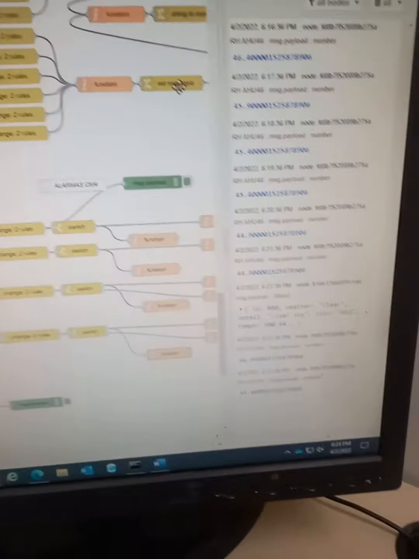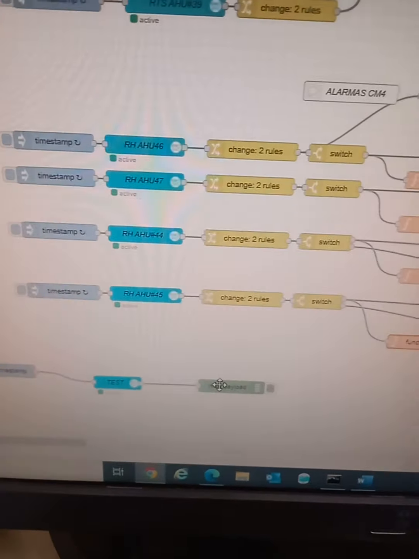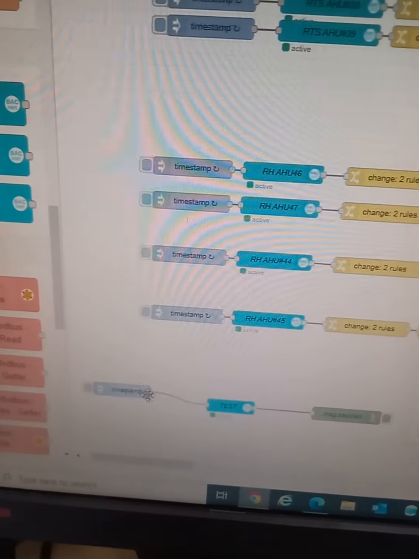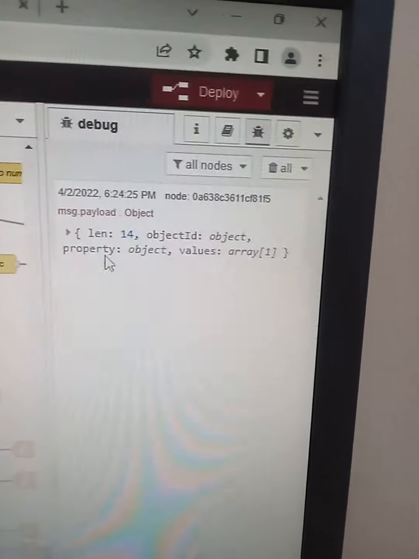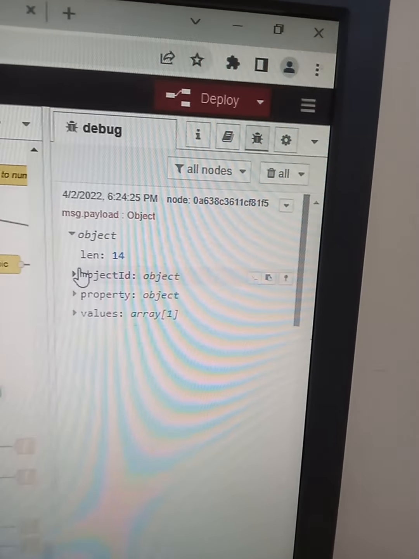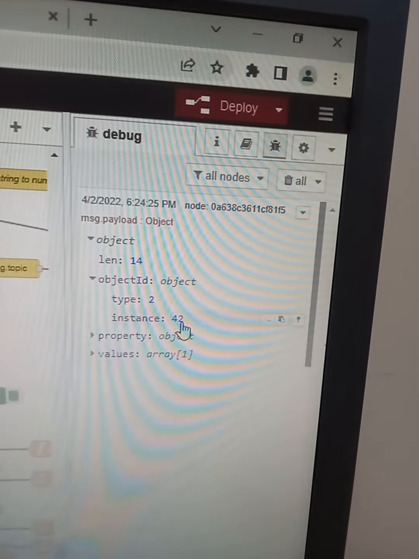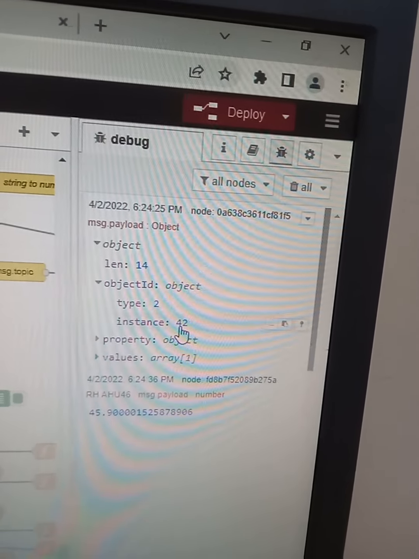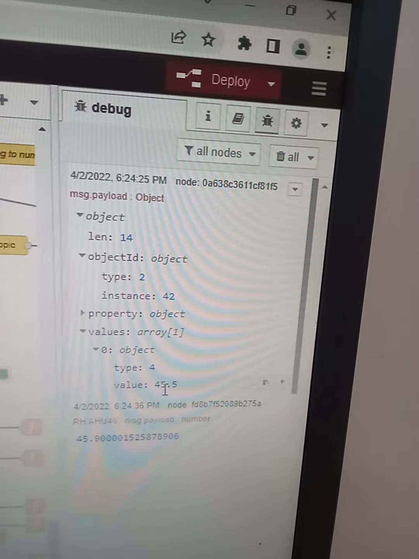Okay, here is the point. I'm going to show you real quick another test. It's different, but here is the information that you receive. I'm sorry, ID type 42, you got instance 42. This is another address. You go right through the value, and you're going to see here 45.5, which is